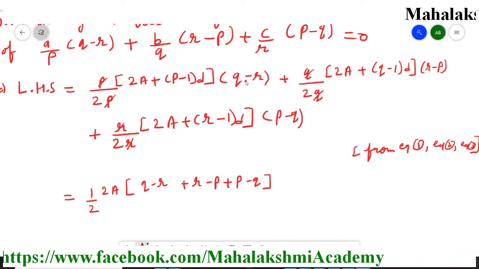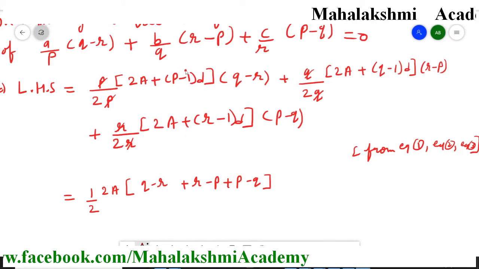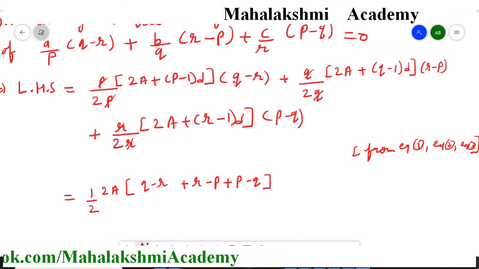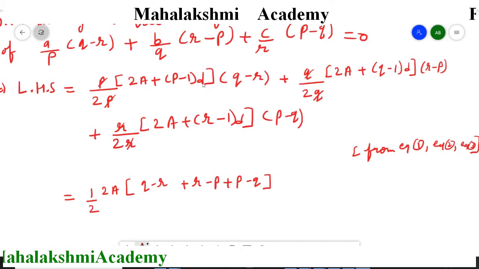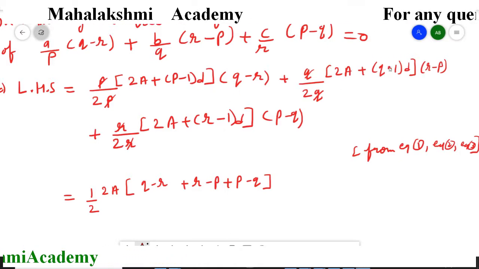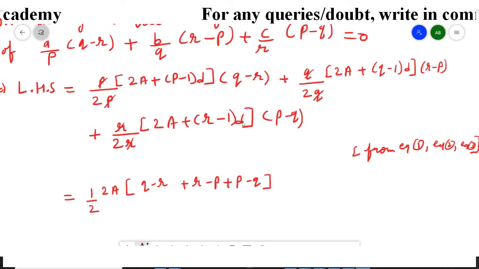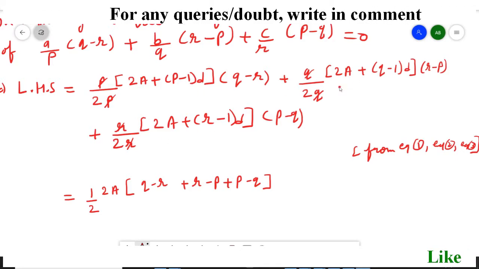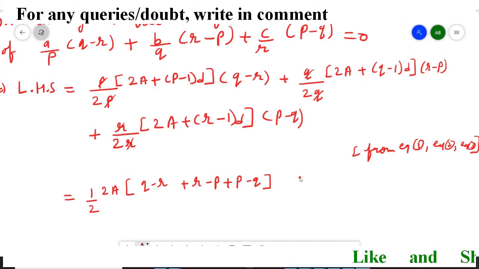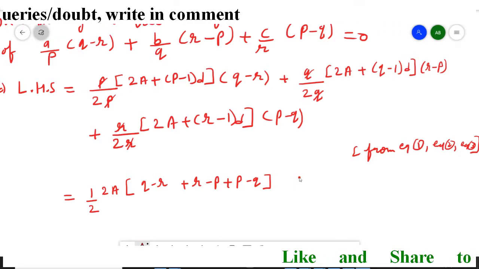So here we have to open it. We don't have this choice because nothing is the same. So d you can take common. Among the second terms, when we multiply, you can see that d and half is common. So d upon 2 we will take common, and the brackets we are going to open. So we will get here